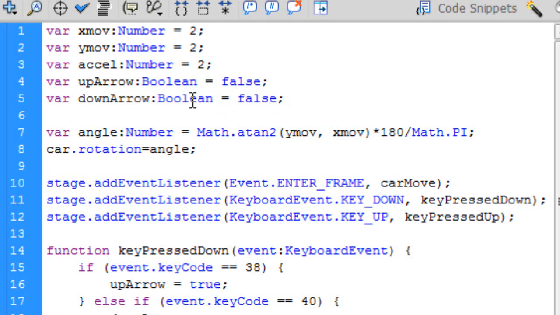So it'll be false. Boolean means it's either true or false. So a key is either pressed or it's not pressed. If it's pressed, it's true. If it's not pressed, it's false. So it can only have 2 states. So we create these names for these variables of these keypads, our up arrow and down arrow, and we use